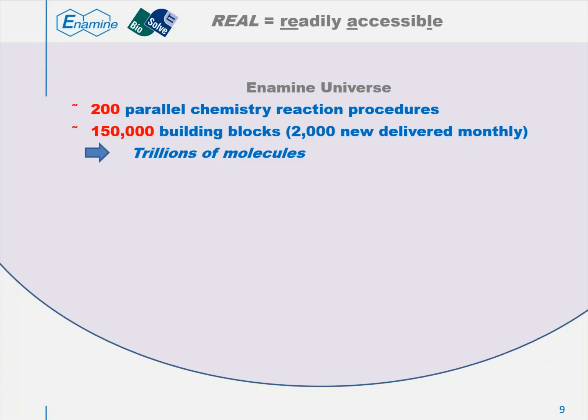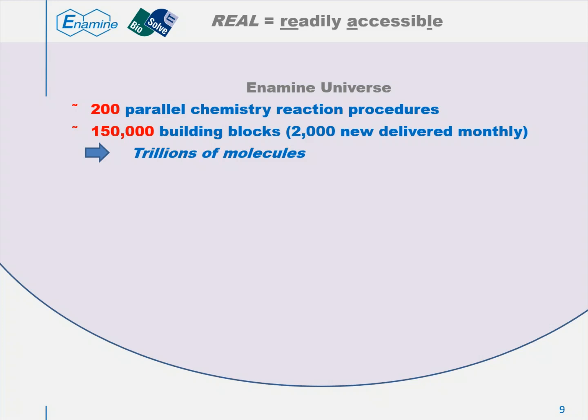Okay, good. So the Enamine universe is rather big, and most of it is actually based on parallel chemistry. So the chemistry of pretty much accessible reactions and transformations that can be done not in one flask, like the conventional method we used to do when we are in the lab, but done in parallel in vials or plates. And for Enamine now, there are more than 200 parallel chemistry reaction procedures that can use over